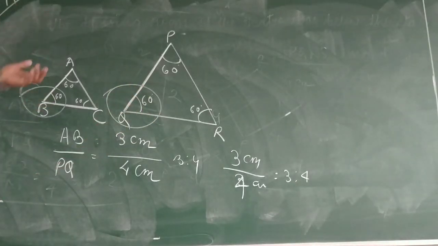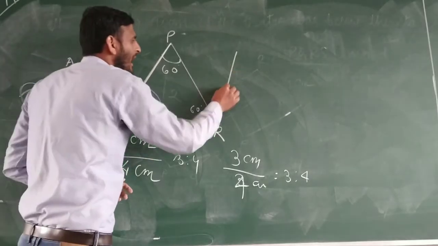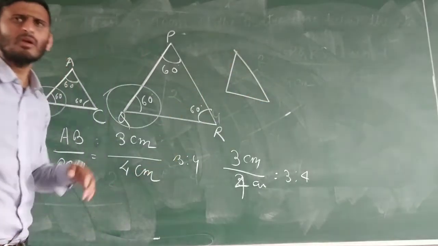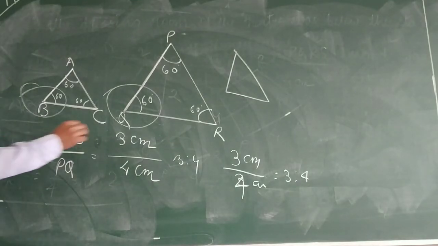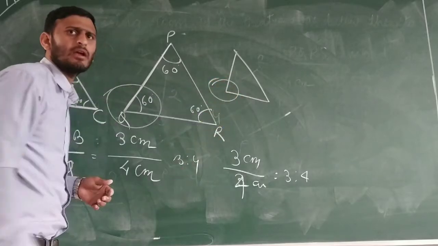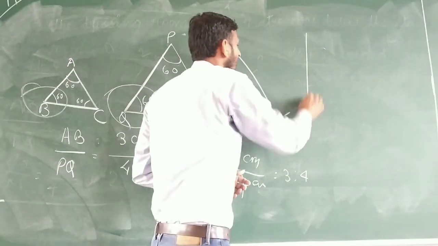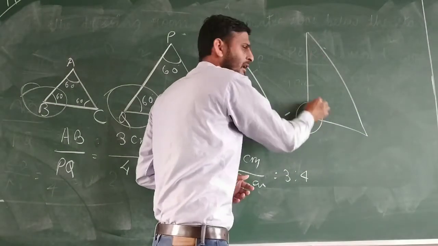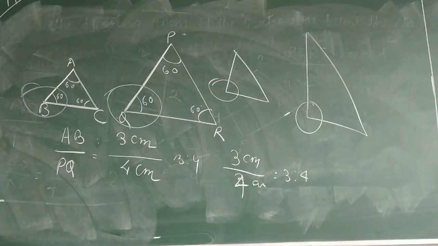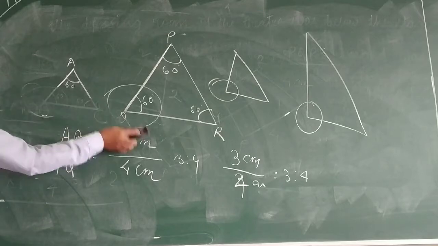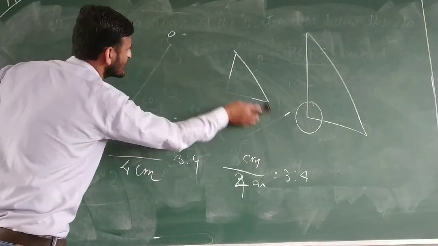It may be a different type of triangle also: right angle triangle, acute angle triangle, obtuse angle triangle, any triangle. One angle of the triangle must be equal to the corresponding angle of the other triangle. And we can say from this point that if two triangles are similar,